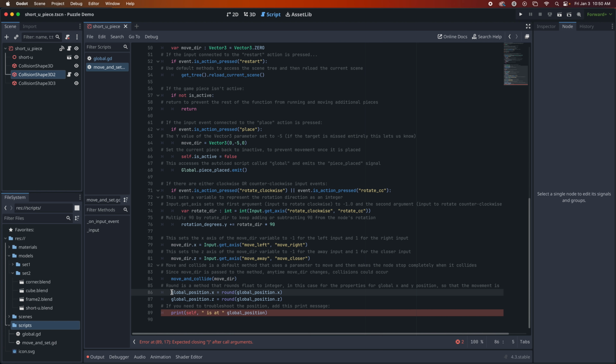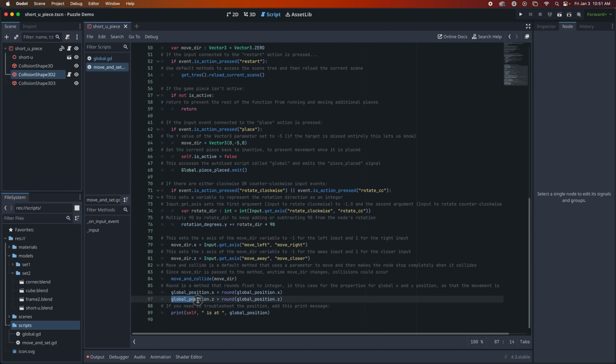So there are a few ways that I could do this, but I just want to make sure that after move and collide, that position is actually rounded so that it's back to being an integer instead of being a float number, to keep that movement really precise. So this is setting the global position for the x-axis to just the rounded global position for the x-axis. And same thing for z. The global position, which is a default property of the node,